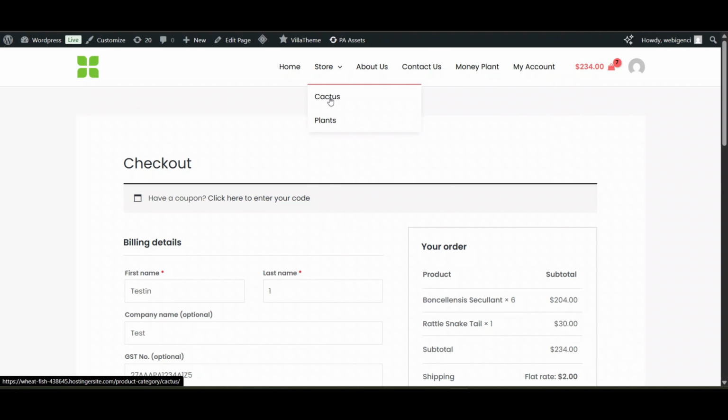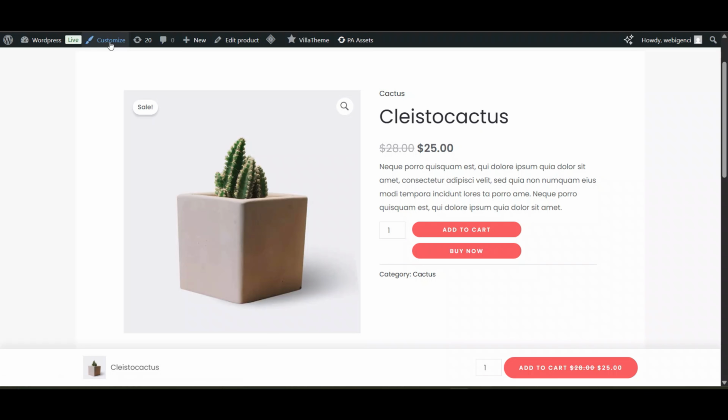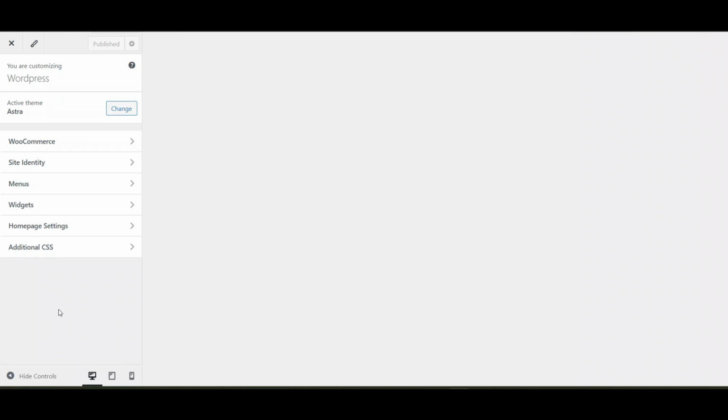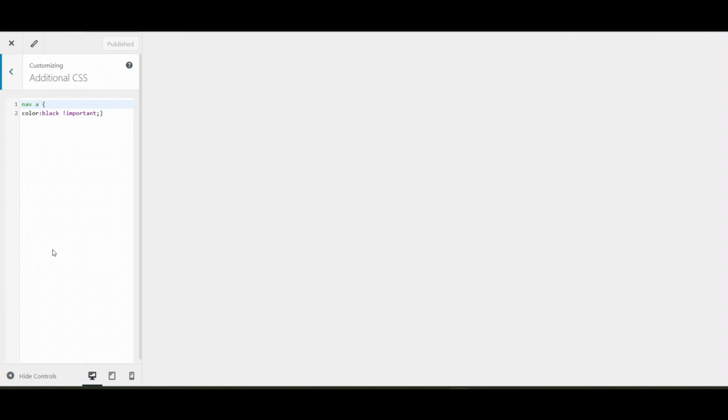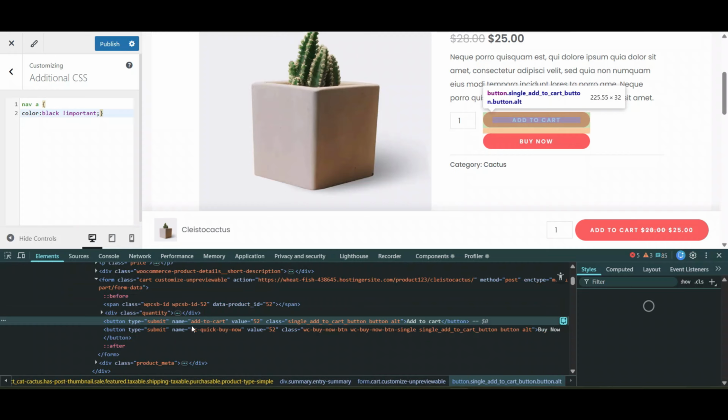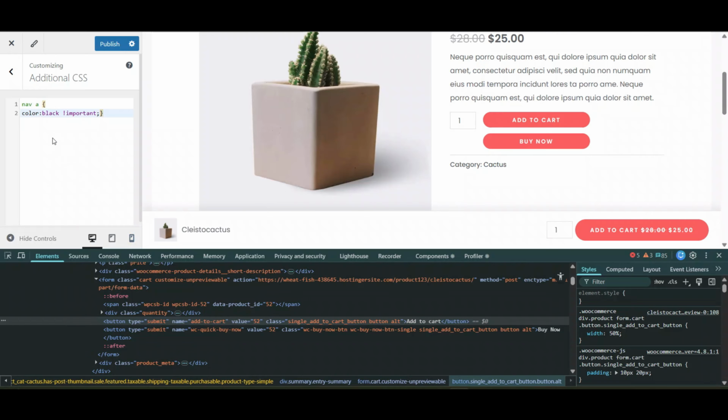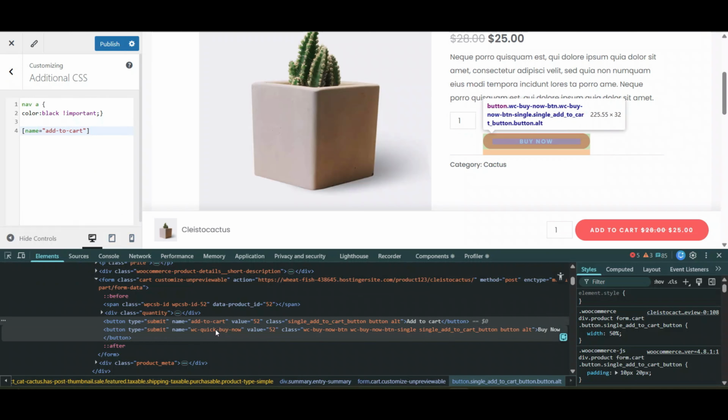Now, if you want to hide the add to cart button, you don't need to buy the pro version. You can just click on customize and go to additional CSS. Click on it, inspect. You need to find the name. So here you see the name is add to cart. Now go here and update the name as per the name in your add to cart button. And after that,